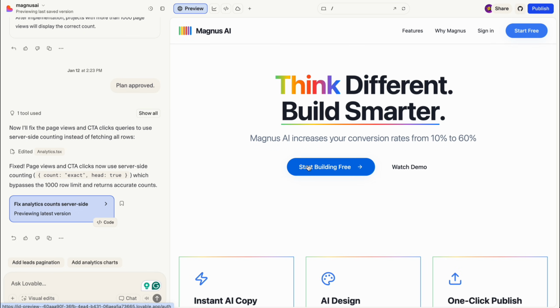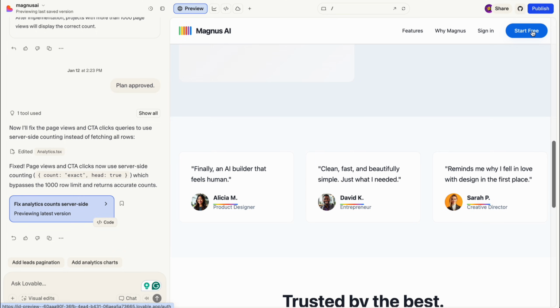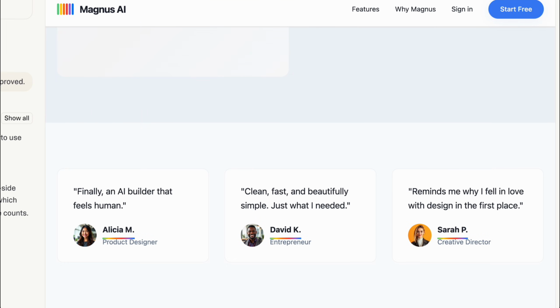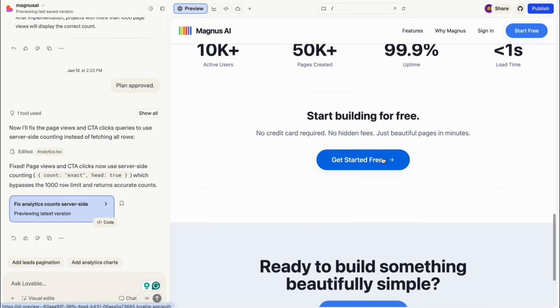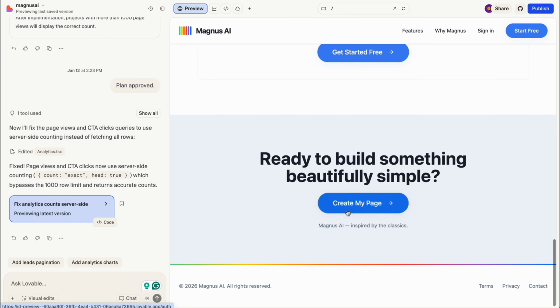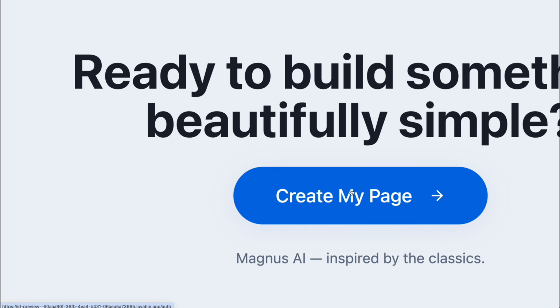If I want to change all the buttons to be squarish, because right now they're rounded, okay? You can see that this start free is a rounded button, so I want to change them to be squarish. Well, I'm going to change one button. So for example, I'm going to say, please change the button in the footer to be